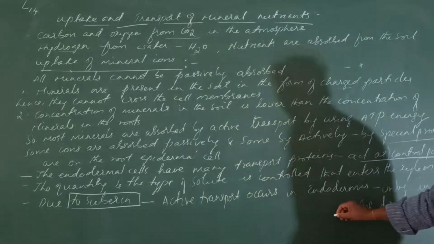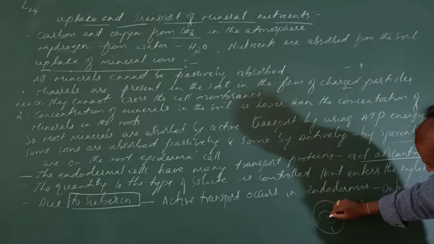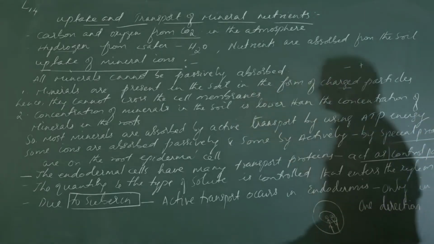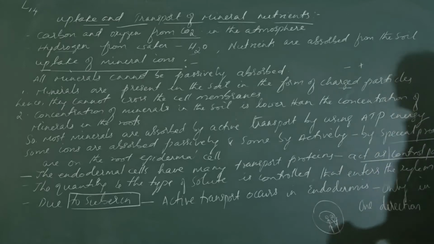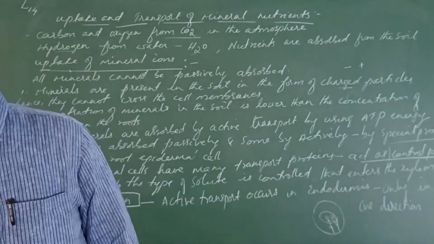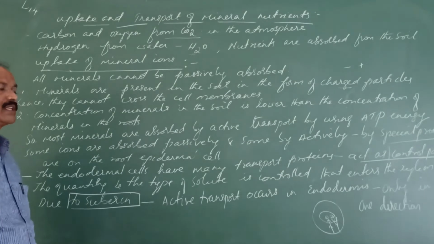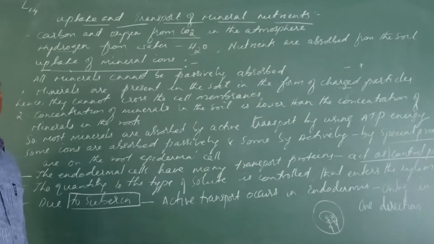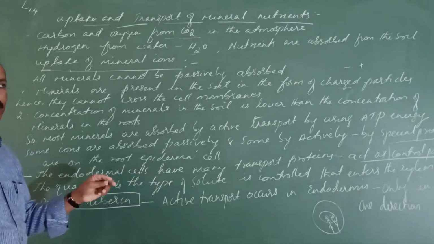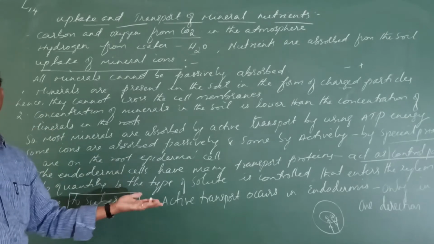So they only move from the epidermis into the cortex. Here the endodermis is present, here the xylems are present. In this direction only it will move, but not in the opposite direction. So this is how the uptake of mineral ions occurs, either passively or actively through special proteins. Against the concentration gradient, some special proteins, using energy, take up the mineral ions from the soil and they are transported. The endodermis acts as a control point or a checkpoint. It allows only a certain quantity, and the type of solute is highly controlled here. There also active transport occurs.